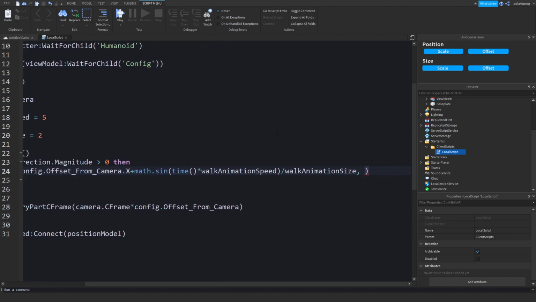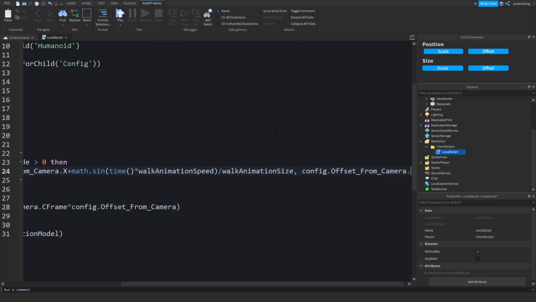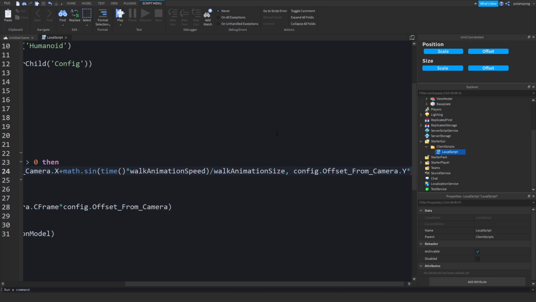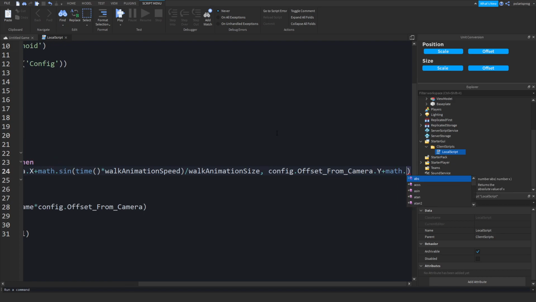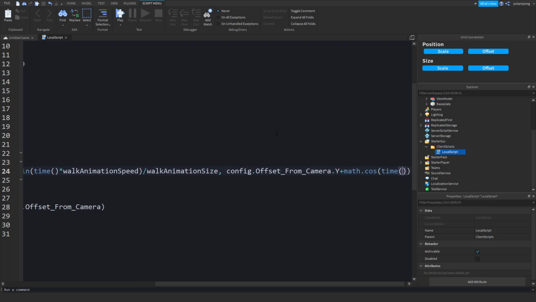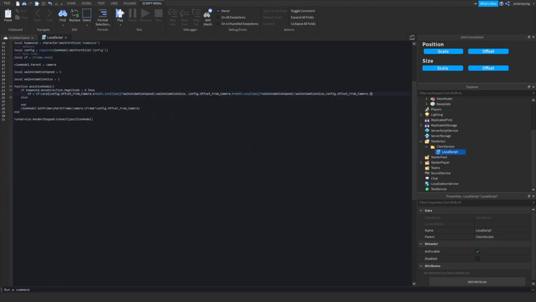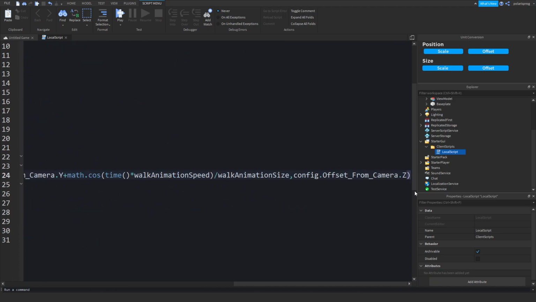And in the y-axis, we're gonna do config.offsetFromCamera.Y, and we're gonna plus, not multiply, math.cos this time, and we're gonna put time, and we're gonna multiply time by walkAnimationSpeed, and again we're gonna divide it by walkAnimationSize, and then we're gonna put a comma and config.offsetFromCamera.Z, and then after all of this you're gonna put a comma and 0.1,